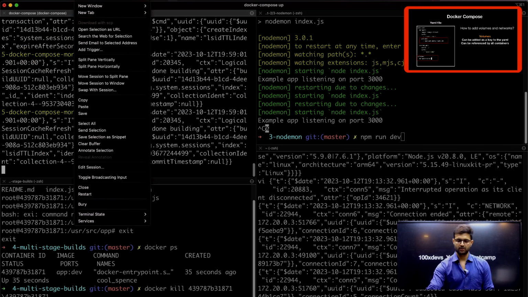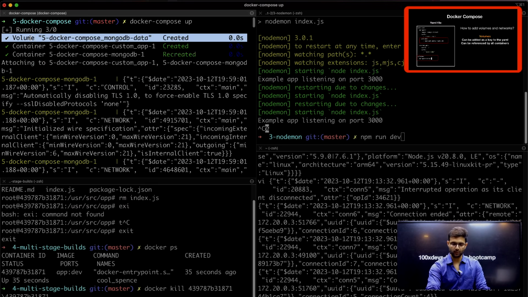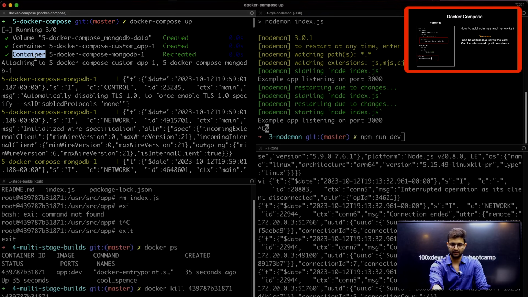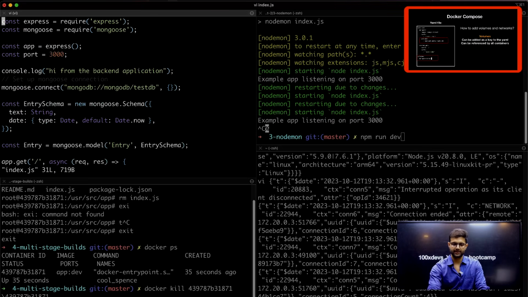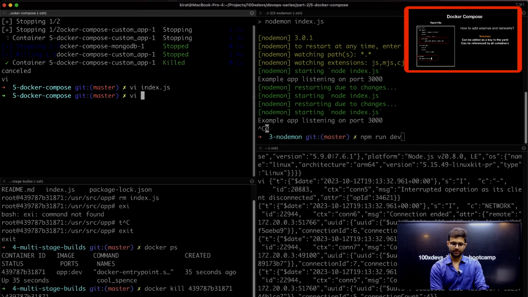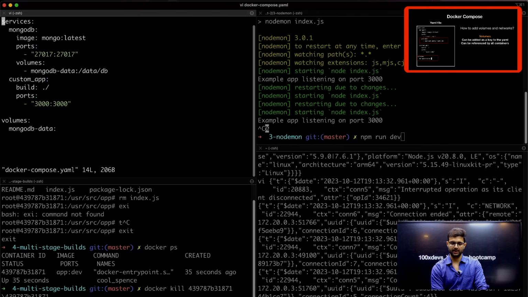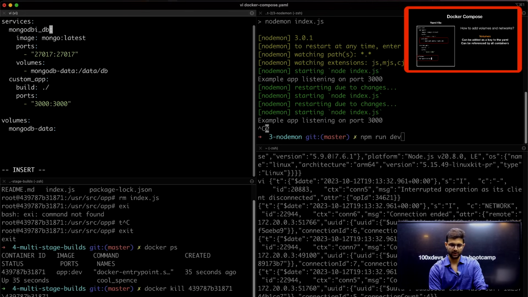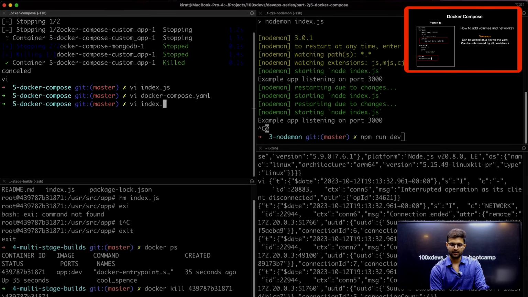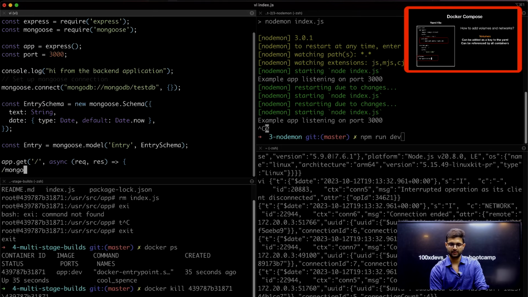Now, there you go. If I look at the logs, it says volume also created, container 1 created, container 2 created, and this guy can access this guy as long as my index.js file references mongodb here, which in this case it does. This mongodb is the name of the MongoDB container in the Docker Compose file. If I change this to, I don't know, mongodb_db, that is the change I need to make in the index.js file as well, right here,